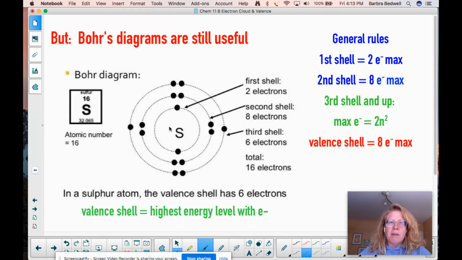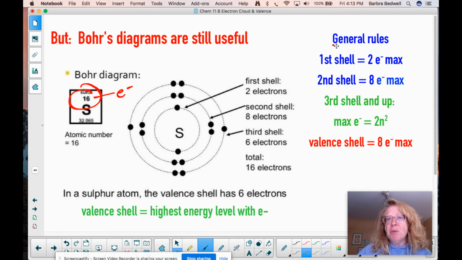Now, in our Google Meet session, we're going to practice drawing these. But one of the things you need to realize, again, is that these are not simple orbits. These are cloudy sorts of shells, but there are still some rules within here. Number one, you've got to know how many electrons there are. So back to the beginning of the year, remember that the atomic number of an element gives you the base number of electrons as well. It's by definition the number of protons, but you can also use it to start off with the number of electrons in an atom.